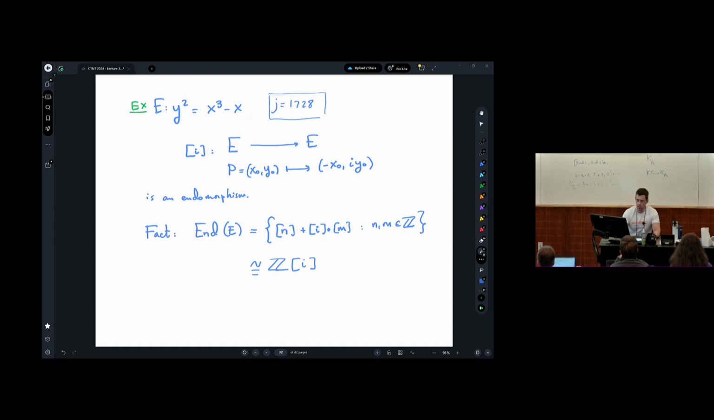You can see that if this point belongs, this point also belongs, because I will give you a minus here, and this gives you a minus in the whole thing. So it belongs. So it's an endomorphism of the elliptic curve. And in fact, now I can compose it with multiplication by n maps. I can add it or multiply by n, and I get a whole lot of endomorphisms. And this subgroup of endomorphisms is isomorphic to Z adjoin i,